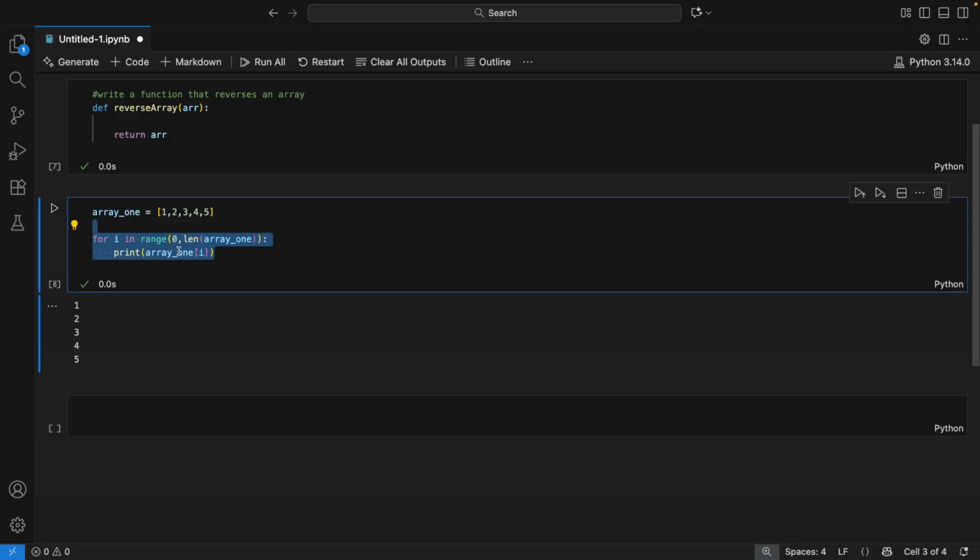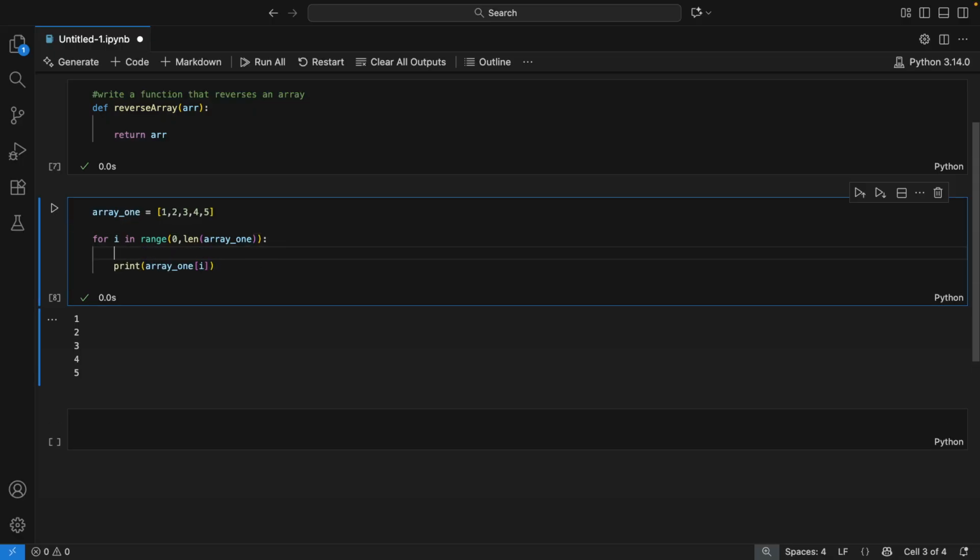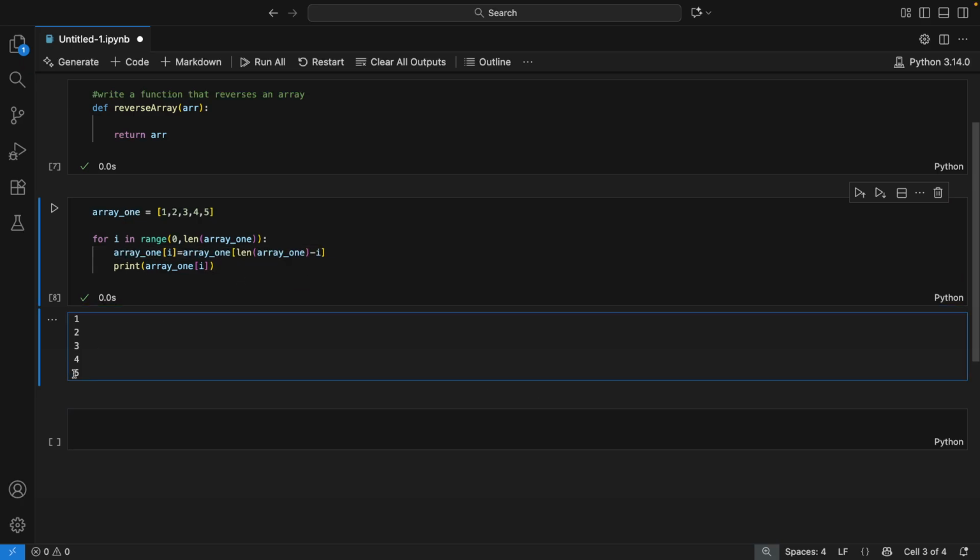Every time we want to replace, let's put array1 of I equals array1 of len of array1 minus I. So at 5 it will be minus, oh, sorry,